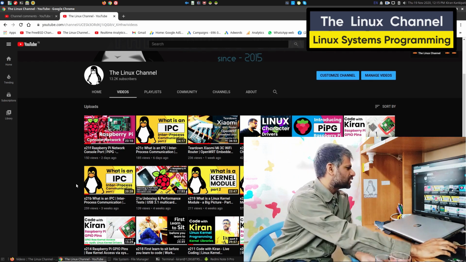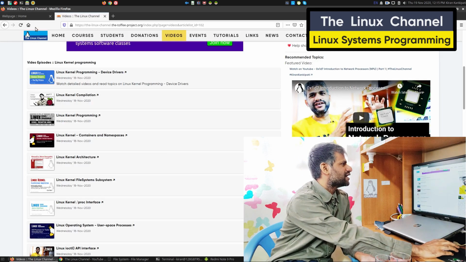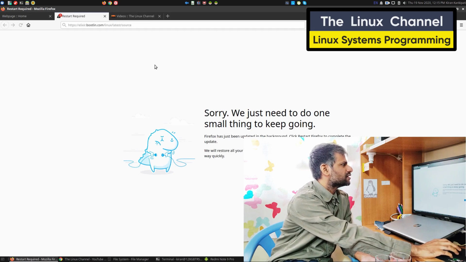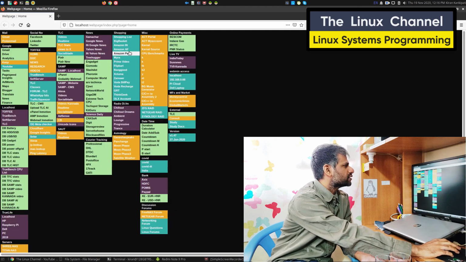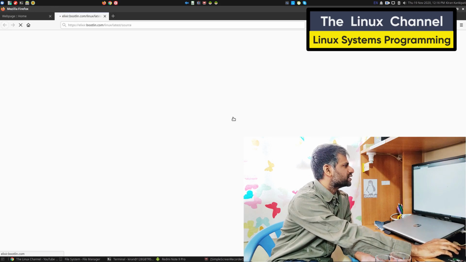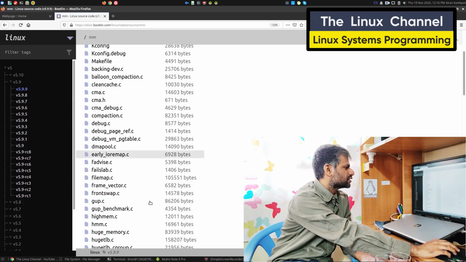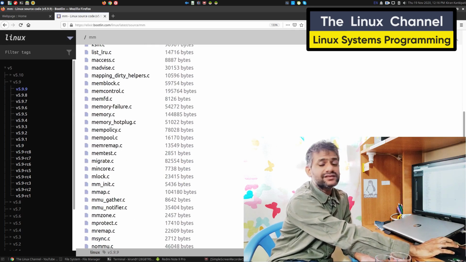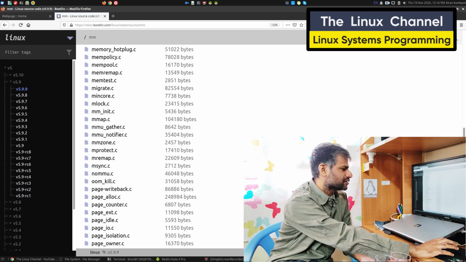In case you are learning or you want to do some code work, I highly recommend you go to the kernel source, and I think it did some update. Let me open the Firefox once again. You go here and explore the mm folder. See, this is what it has, all the APIs which tackle address management within the kernel itself.